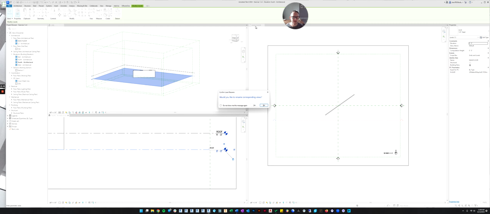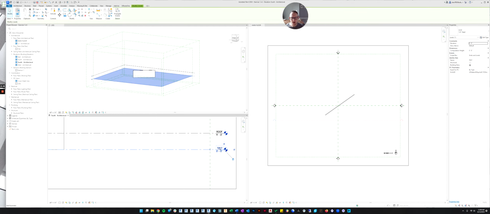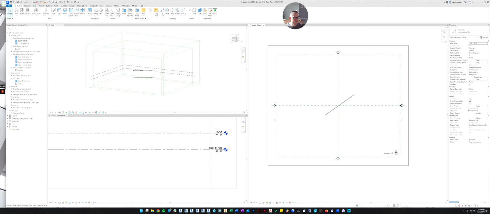So do you want to rename the main floor plan so that it matches the level? In this case, I don't, so I'm going to hit no. So now if I go back to my main floor and I look over here with associated level, you can see it's changed to test. So it lets me know that when I draw, I'm going to be drawing on this test level. Or now if I change it back to main floor, if I go back in here, you can see it now says main floor.